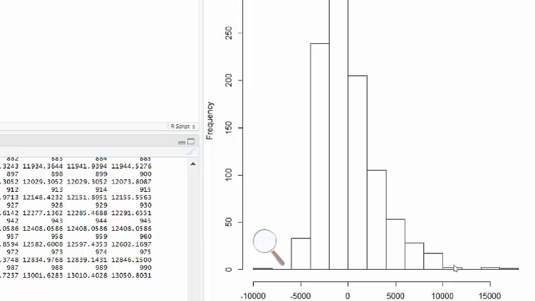If it has the tail going to the right, it's positively or right skewed, meaning the tail on the right side is longer, and left skewed is the other way around. So this one is probably slightly right skewed, not horribly, right? Is that a terribly non-normal distribution? No, not really. So the residuals are well behaved as far as the distribution is concerned,